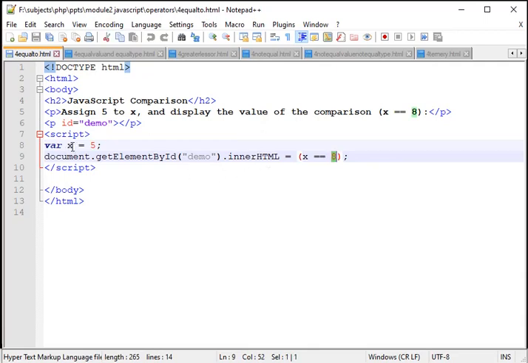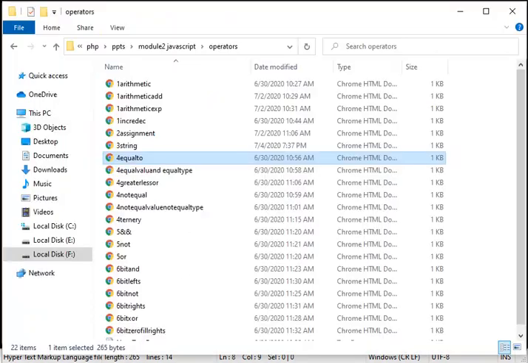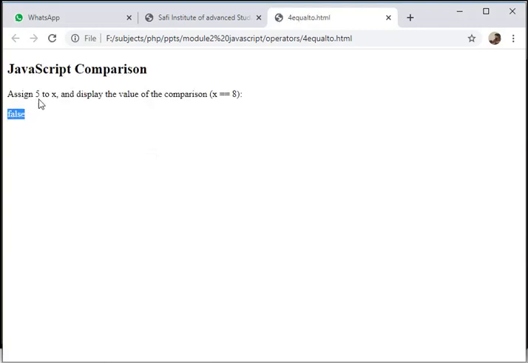If you compare x with 8, then document.getElementById using demo, here we are going to display the result. Then what will be the result? Is 5 equal to 8? No, so the result will be false. So run it. See, the result is false because 5 is not equal to 8.